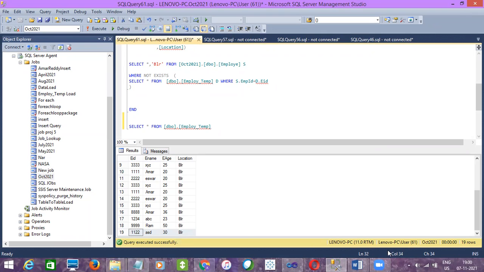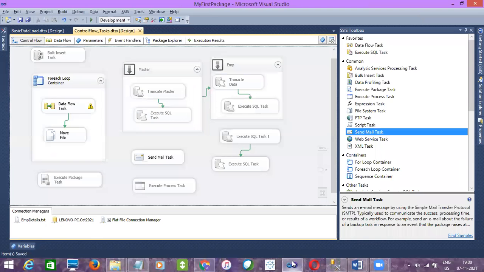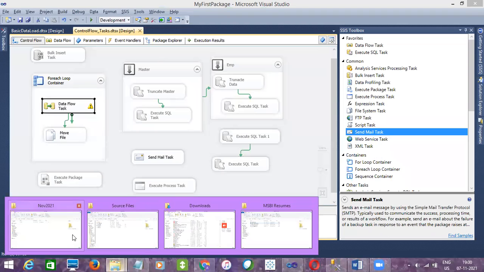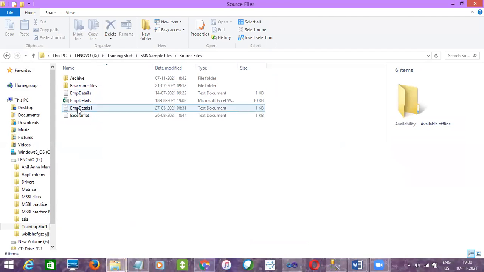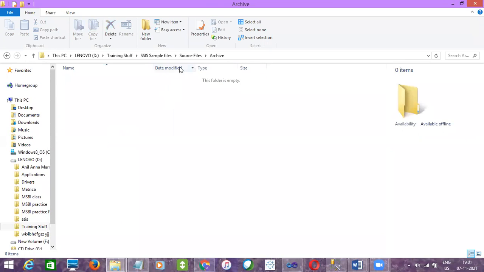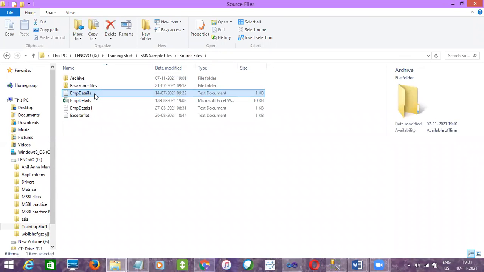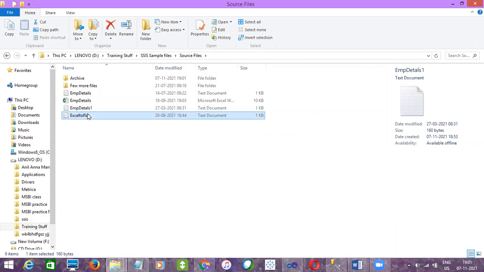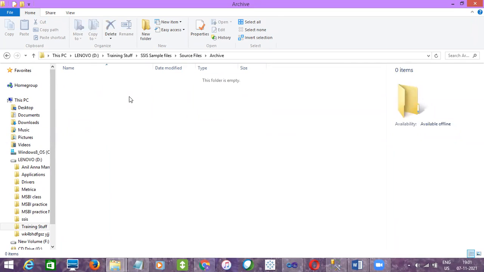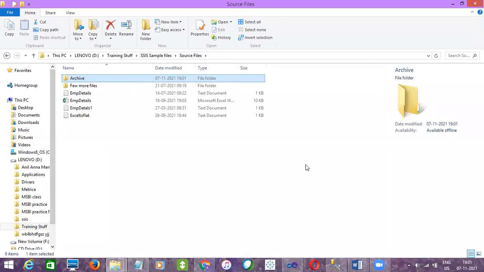It will start at 19:02, and the first step we have observed earlier. The second step is what we are doing here. We are looping over source files and we should load the data. Once we load the data, the file should move to the archive folder here, right? So here also let us delete. We have files in the source folder, it has to load this file data, and the file should move to here. So let's observe that once the job executes.